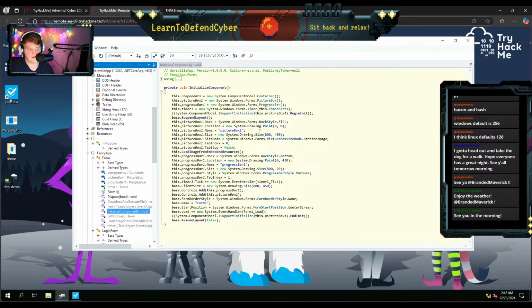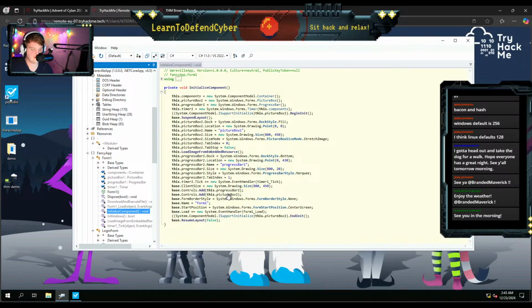Oh, let's see. Looks like we're just manipulating this picture box a lot. We start up a progress bar. This is just docking it and nothing interesting.